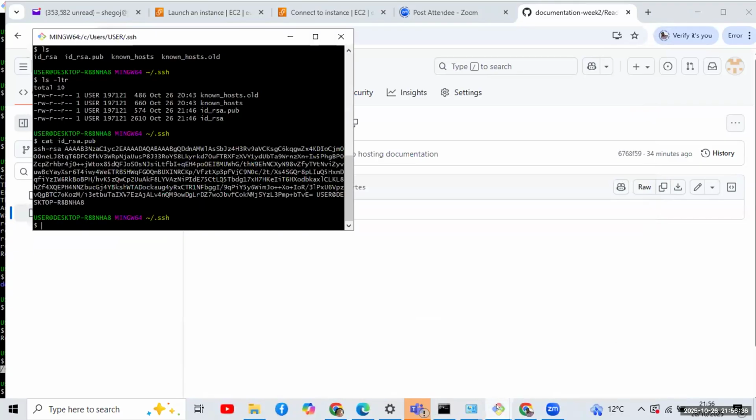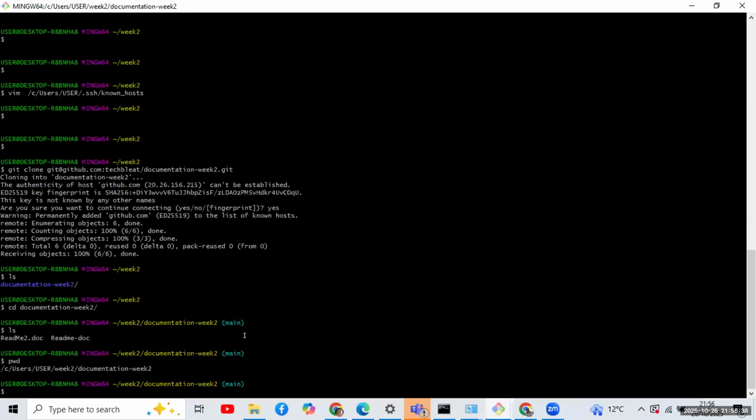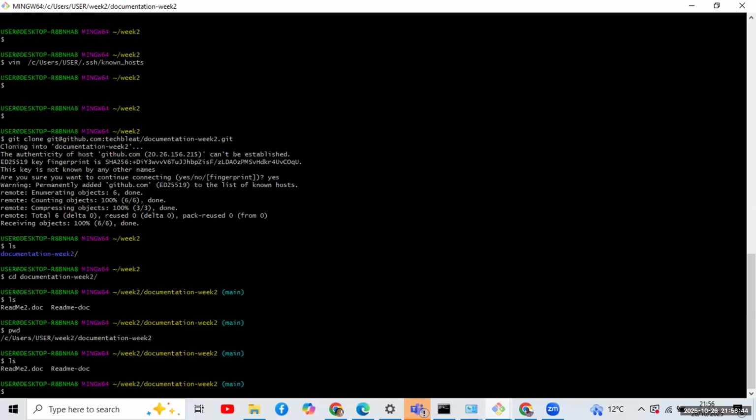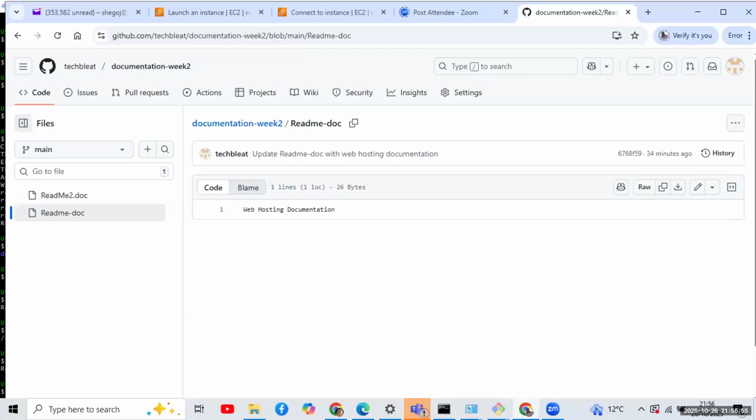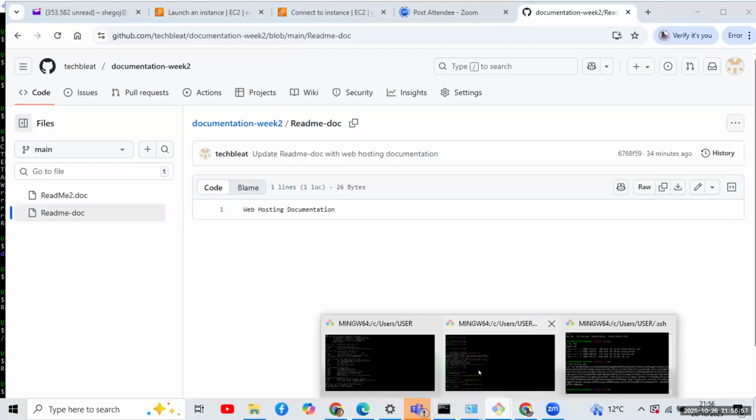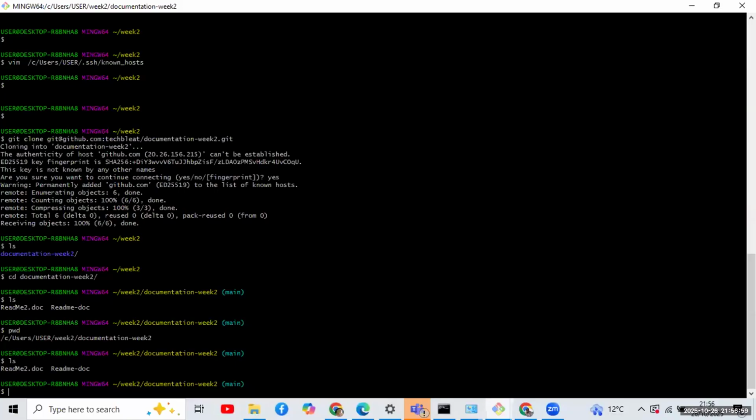Where is it? On here. But it's not made it to the repo. So it's still here, but it's updated. Now, if I want to push this new update to GitHub so that it would show up here, remember we updated this README doc. If you wanted to push that up, what we need to do is we need to say git